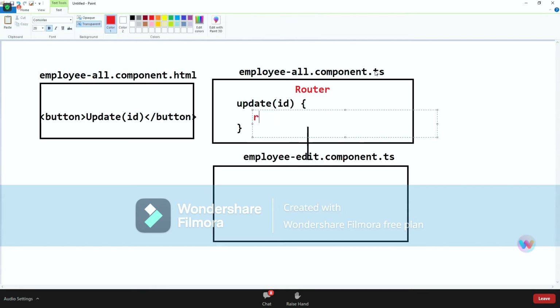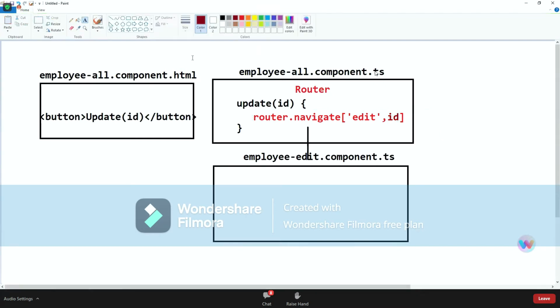By using this router, I'll be navigating to the edit link by passing this ID as an additional input. That will move to the edit component.